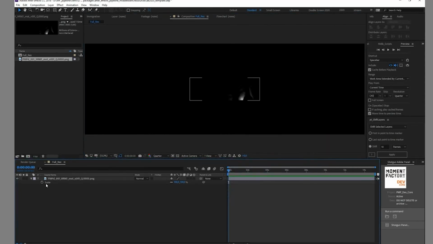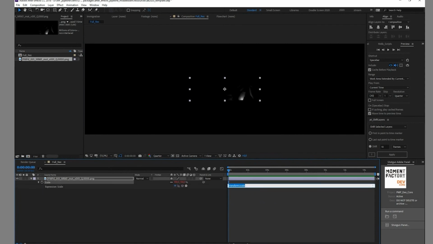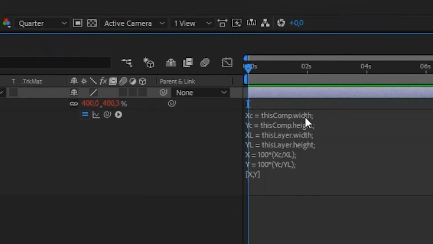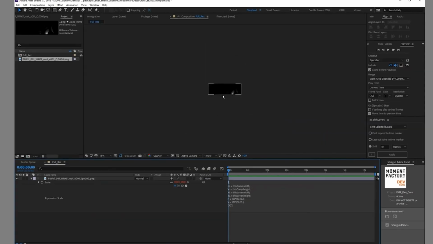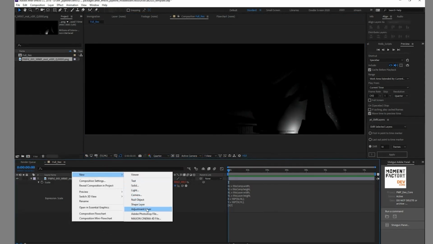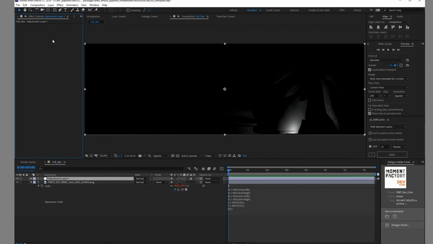is a really simple formula that I'm going to copy paste. That formula is really just looking at what my layer size is, looking at what my comp size is, and doing a quick ratio of that and outputting that inside of the scale itself. So every time I update my render, I will be able to have the right resolution and the right size for everything.